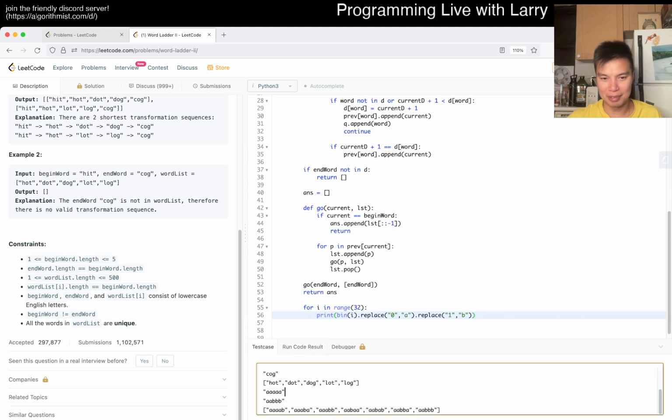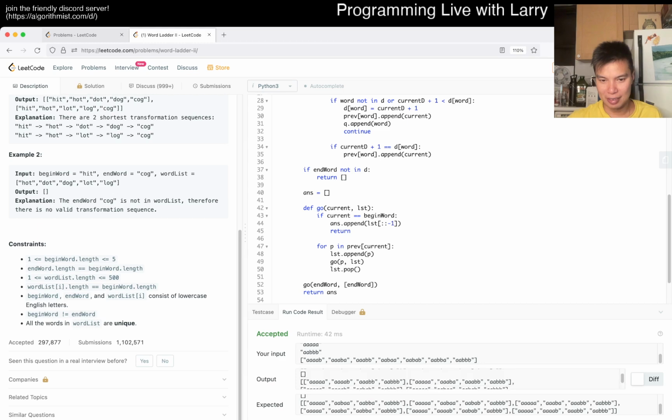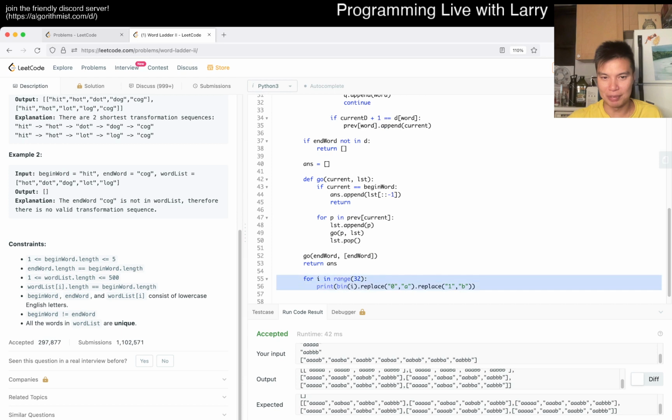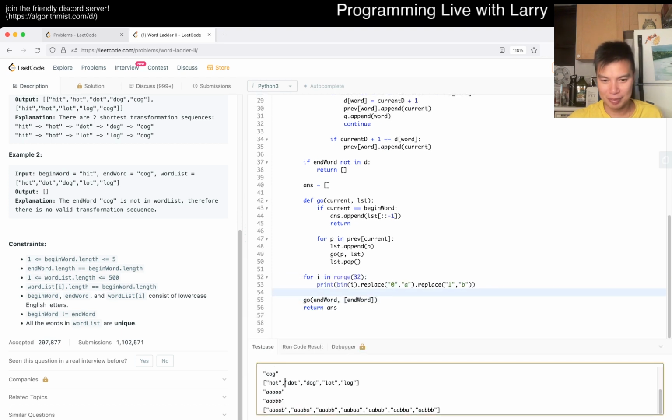But I am putting in too much stuff. Oh, well, it doesn't work if you put it after the code. Oops, I guess I need at least one case to kick it off.